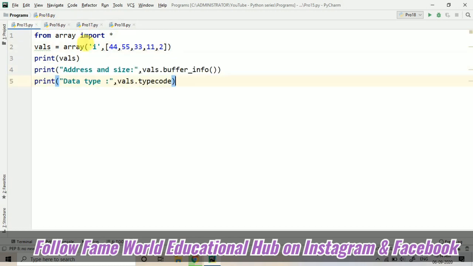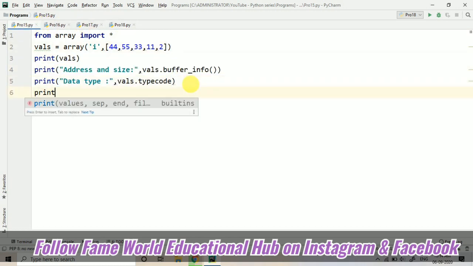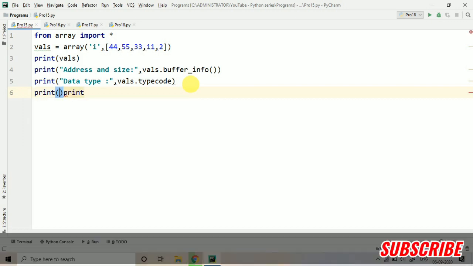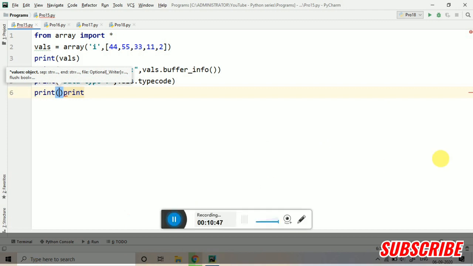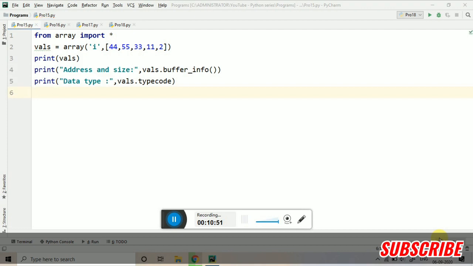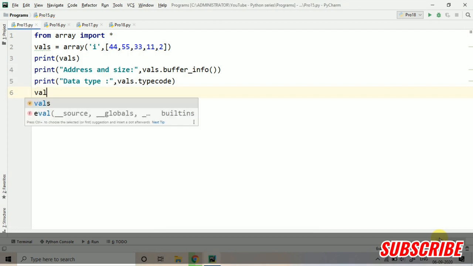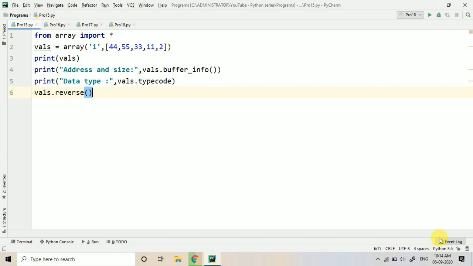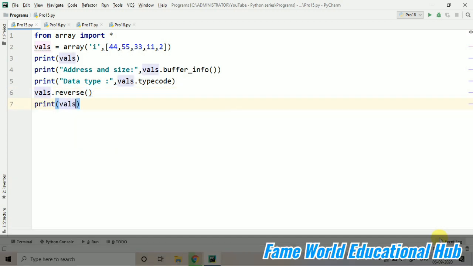One more thing I would like to tell you here: if you want to print the reverse of the array, you can do that also. Suppose I want the reverse of the array which we are taking. So vals dot reverse, then print the vals.